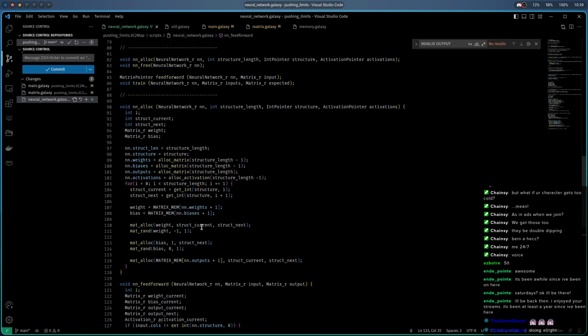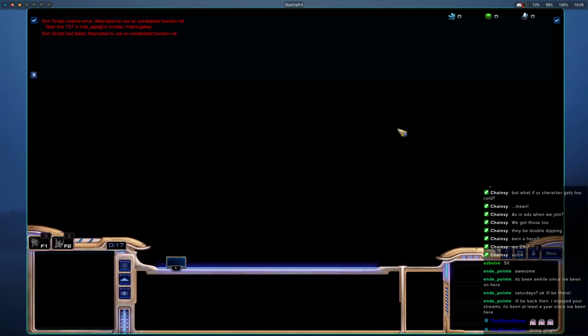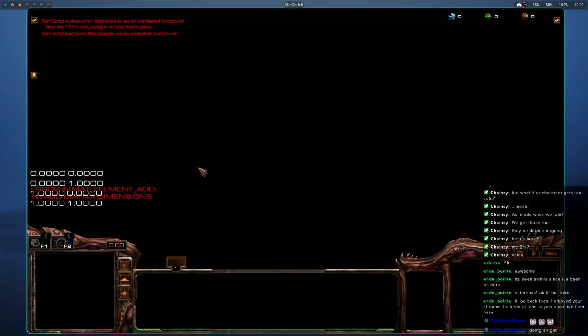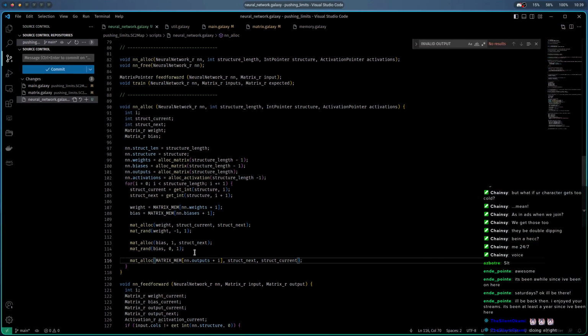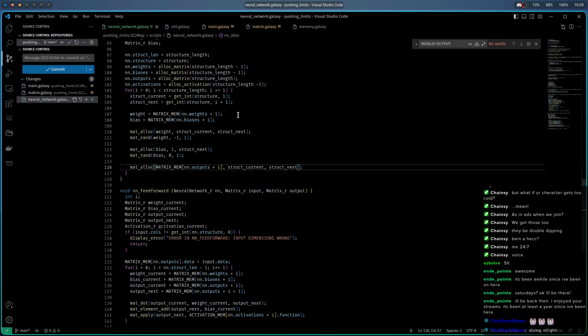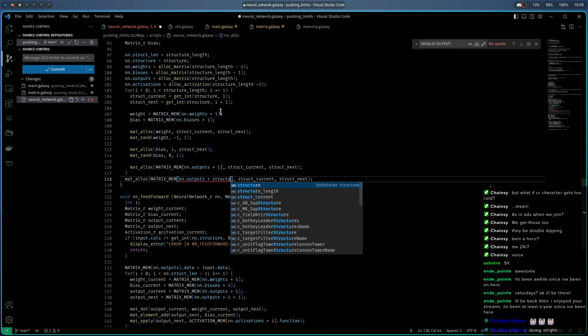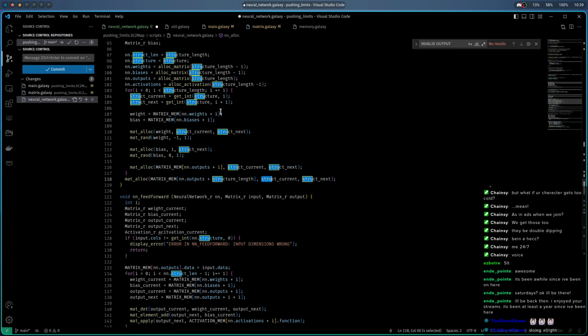I guess that means that the output matrix are being made wrong. Should be this. Is that what I did wrong? I kind of doubt it, but I'll check just in case. Did I forget you? I did forget you. That's the problem. Structure links. And then